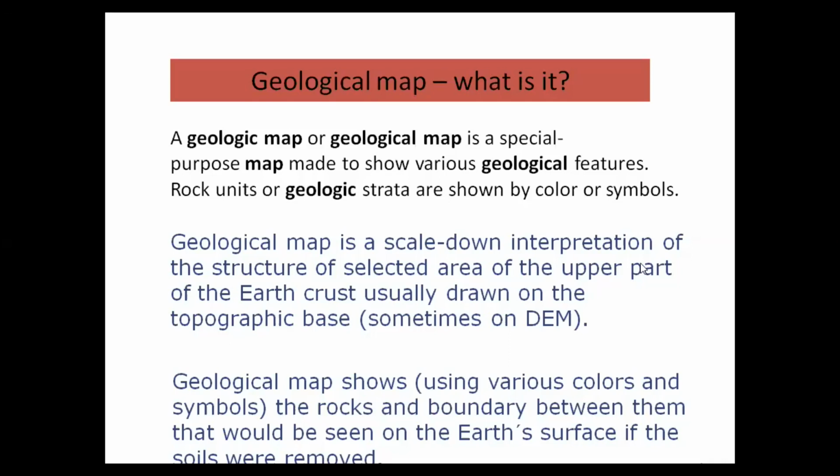You will remember we discussed topographic maps. Topographic maps are those that show elevation of different areas. Here we use satellite images and topographic maps, and on top of those topographic and satellite image maps we just try to plot the geology and the geological features of the area. Besides this, we can also use the digital elevation model, which is also very famous nowadays, and a few people use it.